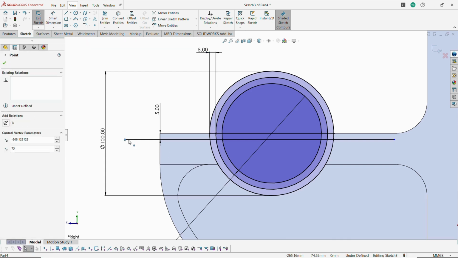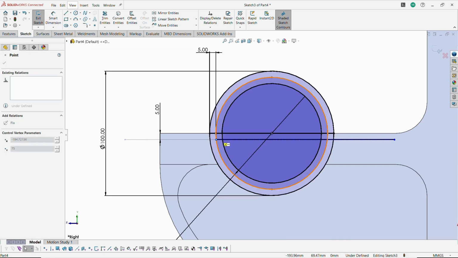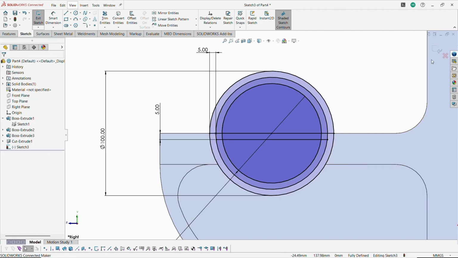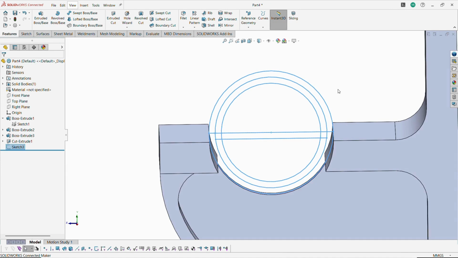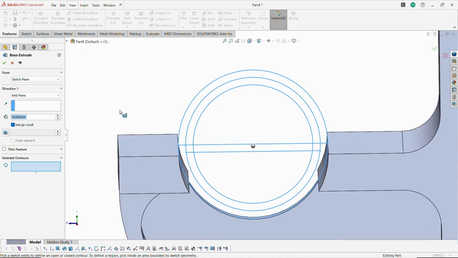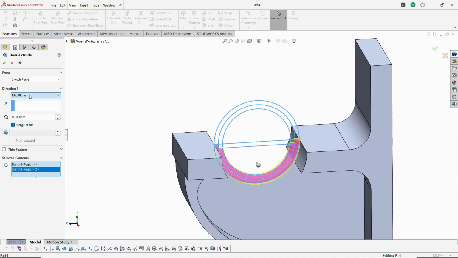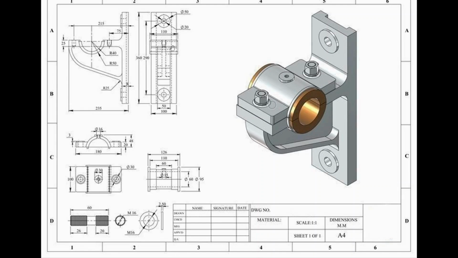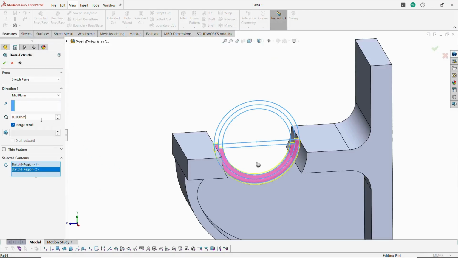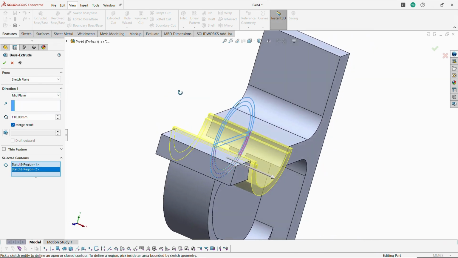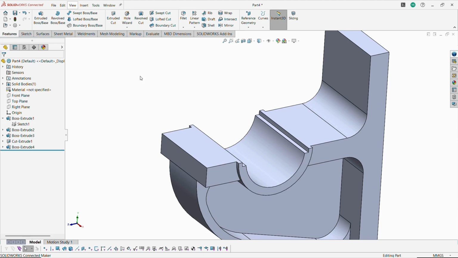Let's achieve the recommended portions. Close these two opposite endpoints up to this circle. Once it coincides within each other, then exit the sketch right now. Afterwards, I am going to choose an extruded boss. Under selected contours, select this particular portion. Once it is selected, automatically we achieve the recommended area. Look at it, we achieved this just by drawing different circles and line profiles. Instead of drawing an arc profile and using trim entities to remove that particular portion, using this we achieve